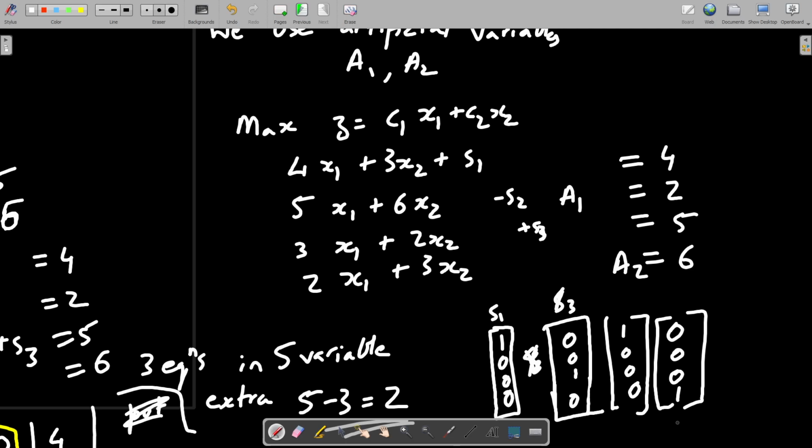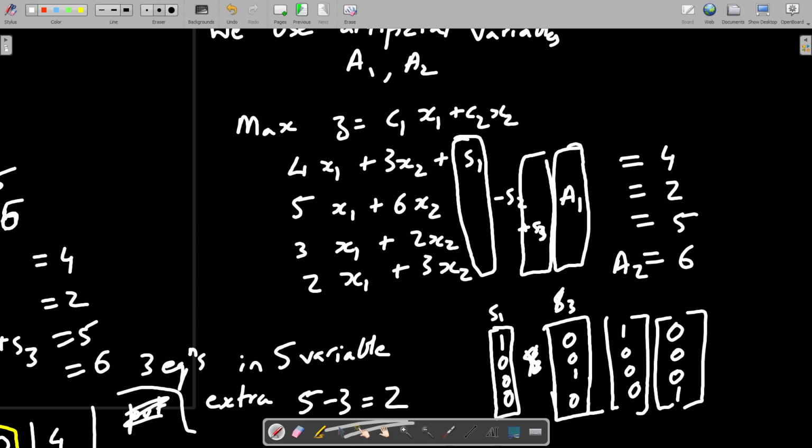Clear? So this is going to contribute one column of the identity matrix, this the second column, this one the third column, and this contributes the fourth column. Clear?